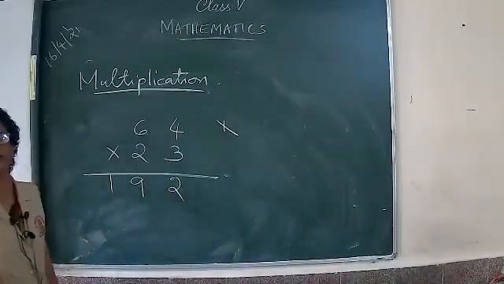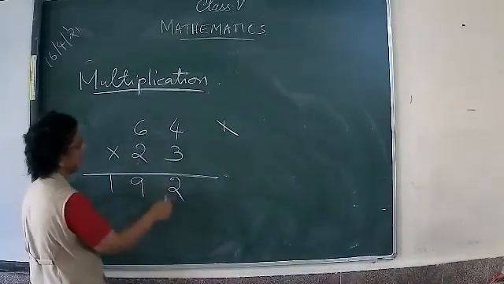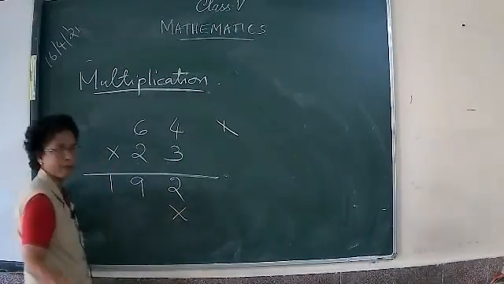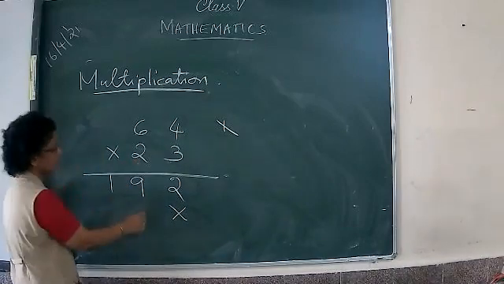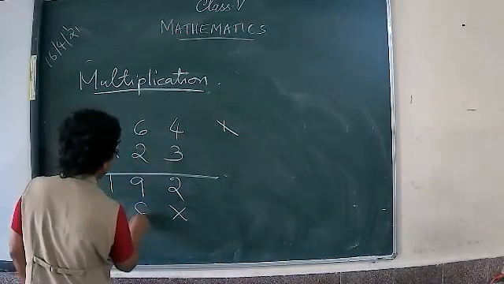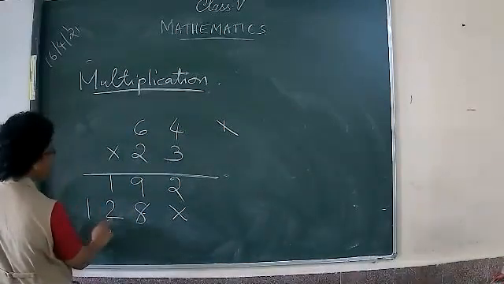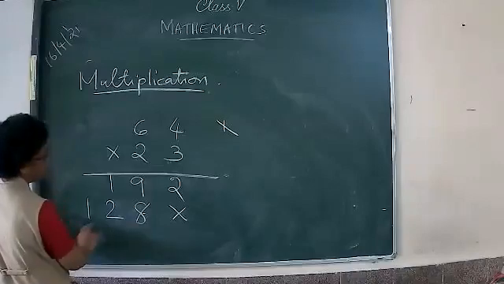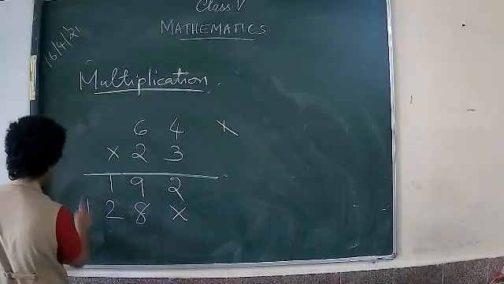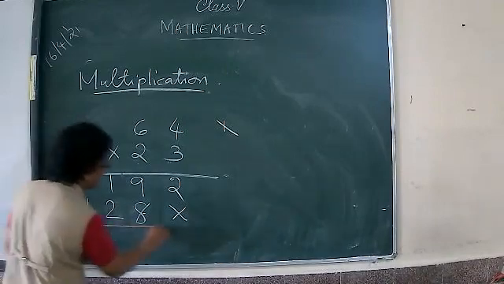And after that, what you have to do, children? You have to multiply by 2. But when you multiply by 2, 2 4s are 8, don't write here. This is not the place for that. This you have to cross here. Since 2 is in 10's place, you have to start from here only. Okay, children? 2 4s are 8 there. 2 6s are 12 here. So 1, 2, 8, you have to write this way only here. See the position of digits there. 2 here, 9 and 8 here, 1 and 2 here, 1 here separately. Clear? And now we can add there these two numbers.